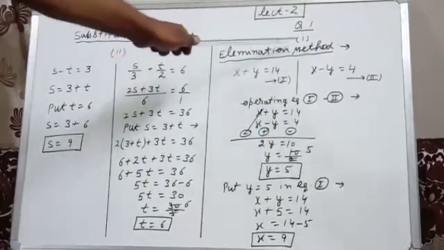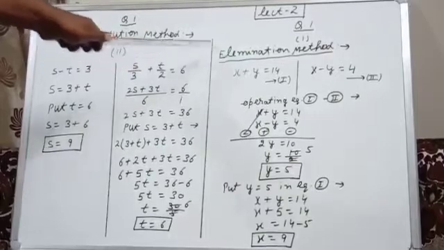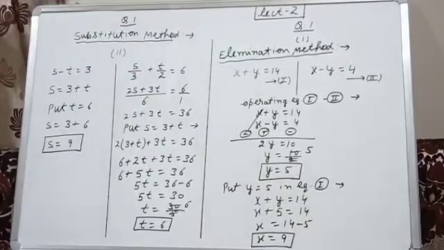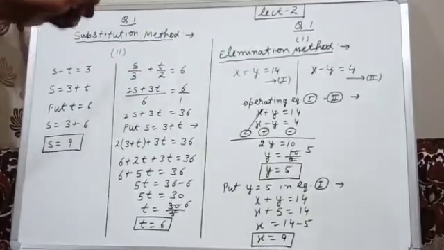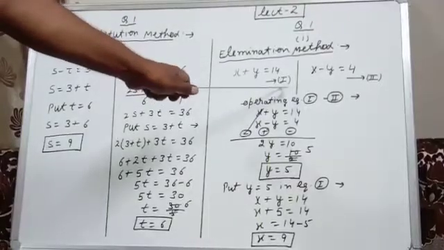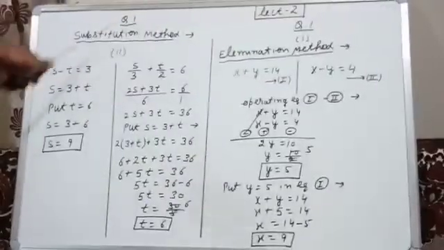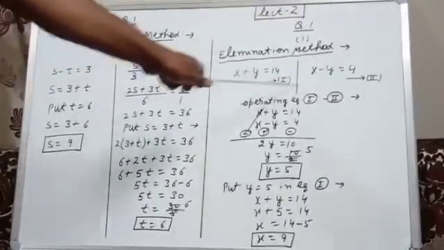Now again I am taking the first part, but now the method is elimination. So already I told you that the most important method out of these three algebraic methods is this one. So let this be the first equation. Now we'll write here 1. Let this be the second equation. Here we don't write first and second equation, but here we have to write.